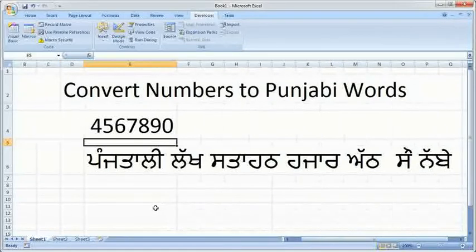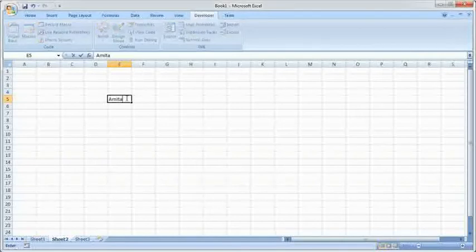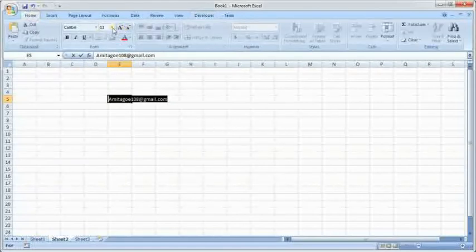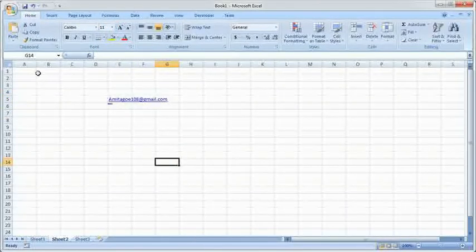You can take this file from me by emailing on the email ID, that is amithagoyal108@gmail.com. You can take this file by emailing me on this email ID. I will give you the file, and when you will get the file, you just have to click on the